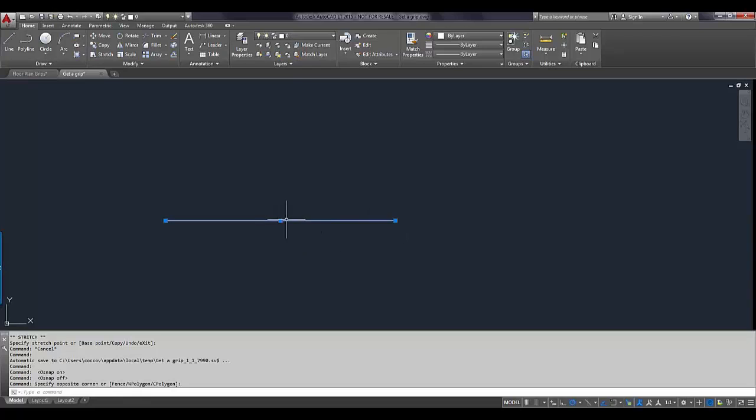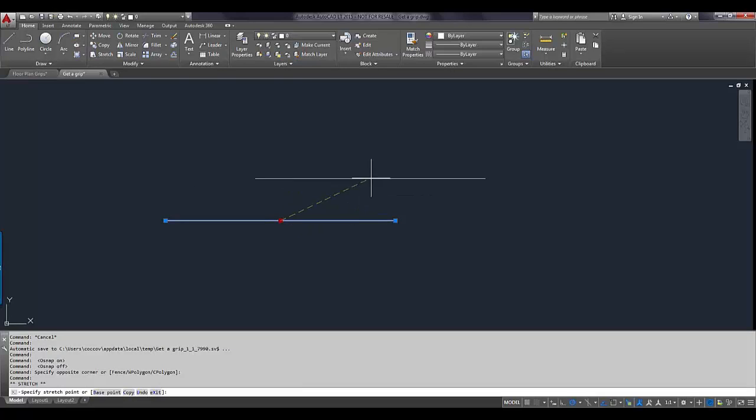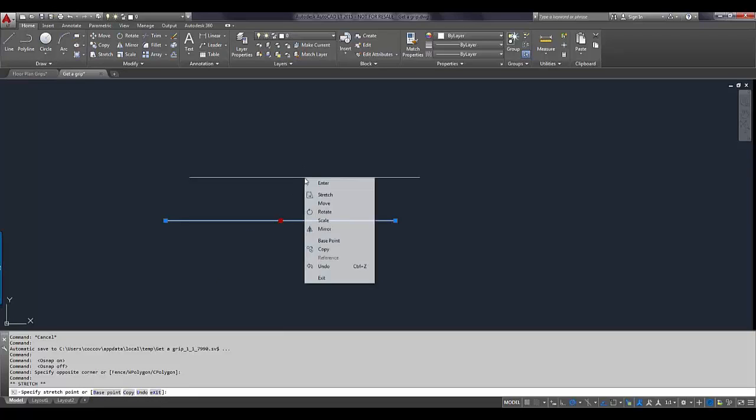If I select the midpoint grip, it automatically goes into a move mode. Okay, and it's actually a stretch mode. That's the default mode, but because it's a line object, it's going to move it in this case, as it would for a circle. But take a look at the command line. Here's a specify stretch point, base point, copy, undo, exit. Those are all options available on your right mouse click menu. So you can either toggle between those using your space bar, or you can